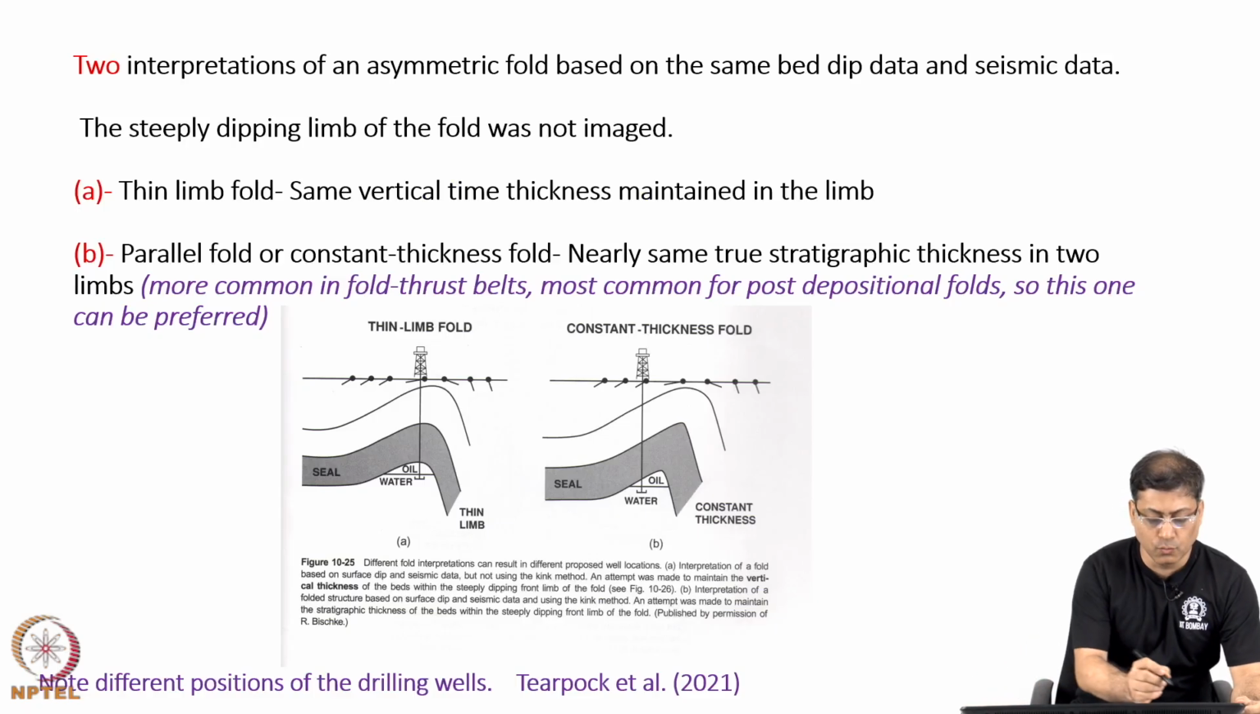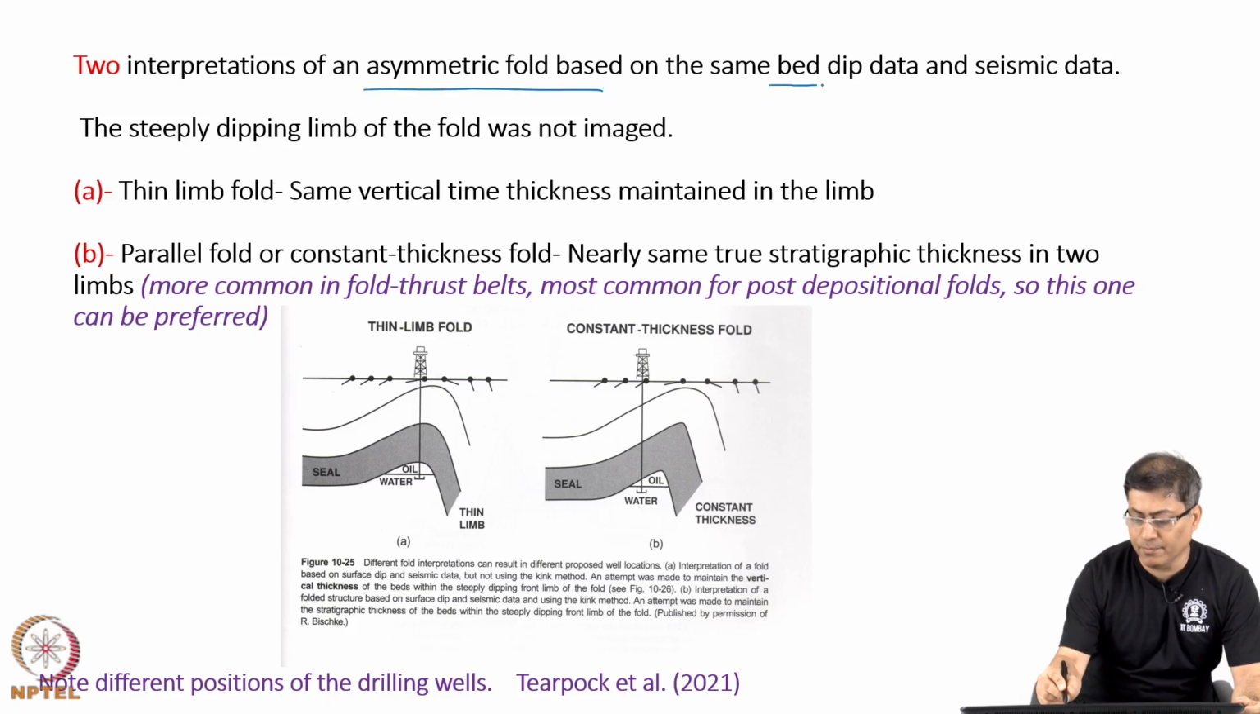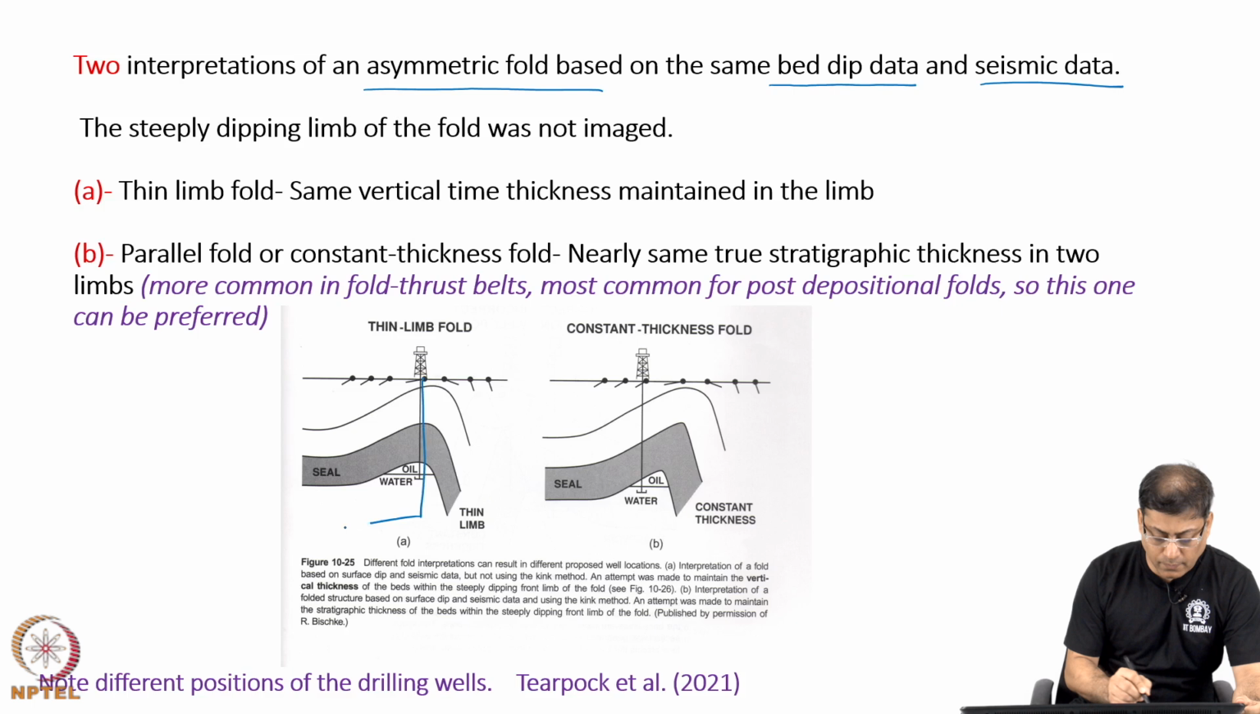Let us look at two interpretations of an asymmetric fold based on the same bed dip data and the seismic data. Consider seismic imaging of this portion. Here are the dipmeter log data, and it shows that the dip amount changes from these three to that one. Keeping that in mind, suppose an interpreter has made